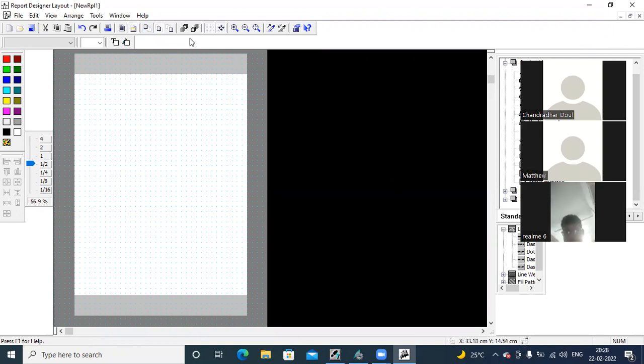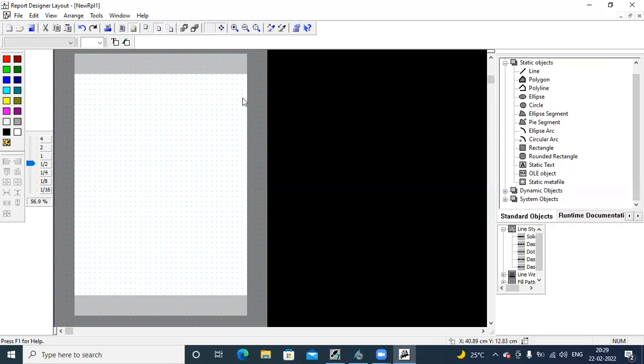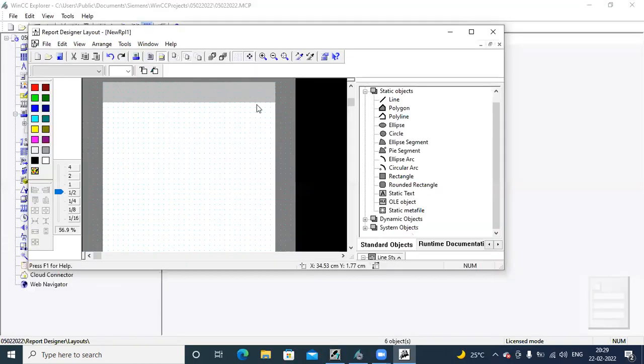Next is report content. So middle pages will be your report content, and in the last we will be having a remarks page, an extra page. Now, apart from this, we are having two more options here